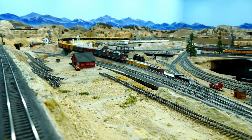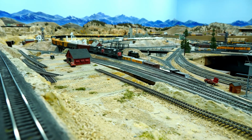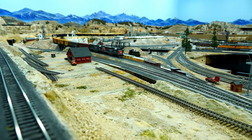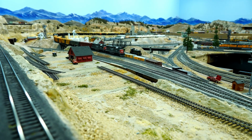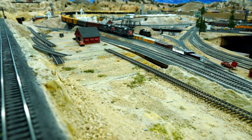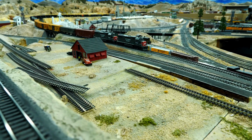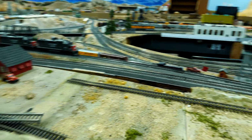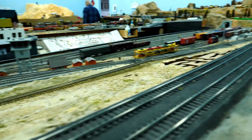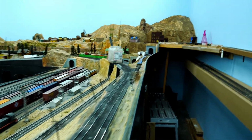And the idea is that I think you'd round up the cows from the narrow gauge, bring them over here and give them the good food, right at the end. And that's where that's done here. Then when they're nice and healthy and tasty, then you can load them back up again. And then you will go around the standard gauge layout and you will take them now to this area that